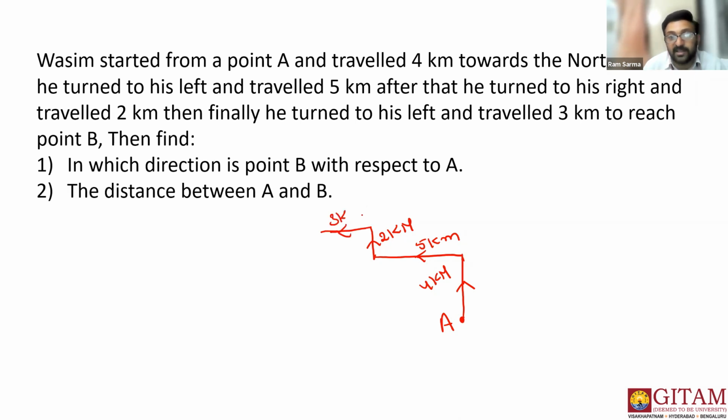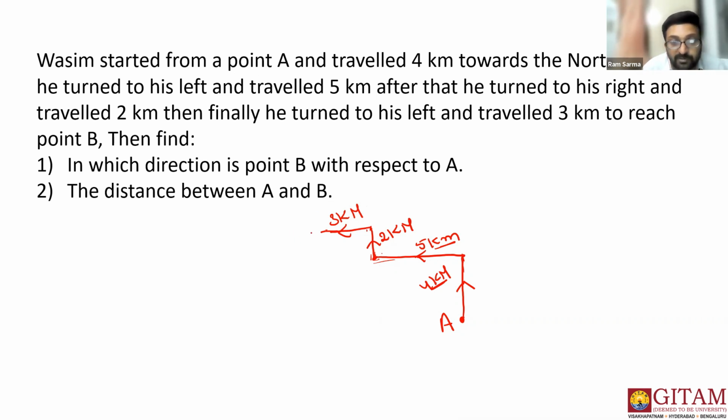Now, here, I want you all to understand one thing. In terms of numbers, as it's 4 and it's 5, when you draw these two lines, you have to make sure that the length of this line is somewhat more than the length of this one. So 5 is more than 4. That's what you have to project on the paper. As this is 5 and this is 2, the length of this line should be less than the length of this one. And the length of this one should be more than the length of this one and somewhat less than the length of this line. Now, what is the given question?